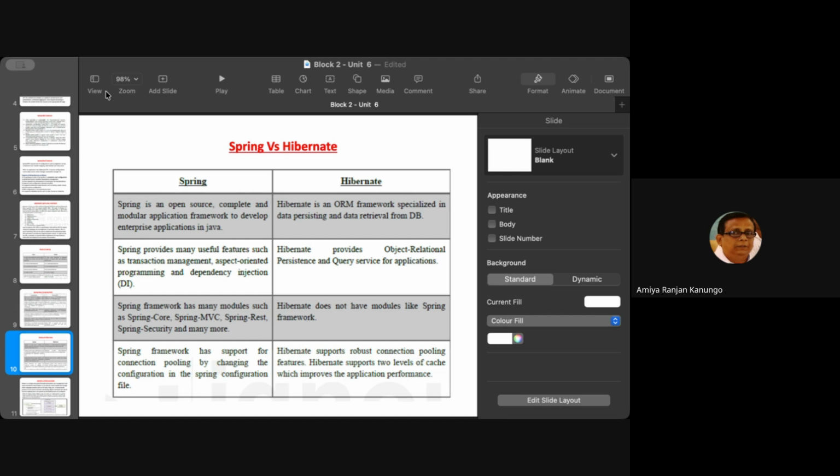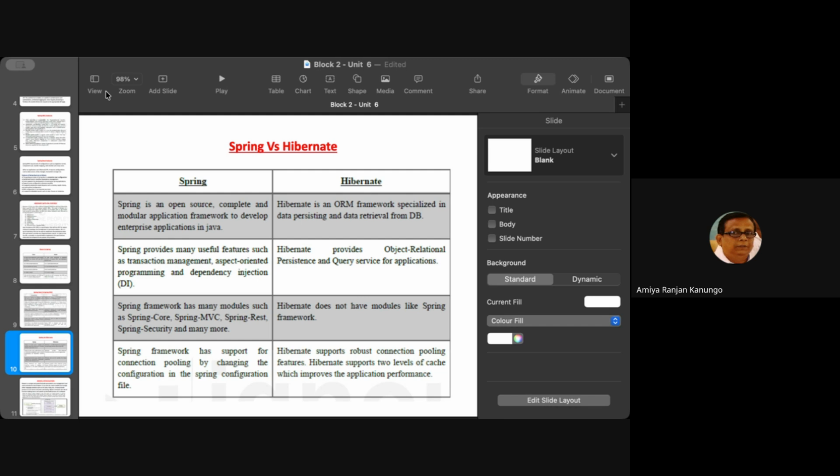Auto configuration is allowed. So when configuration change is required, there is a process called pooling that happens in Spring. Whereas